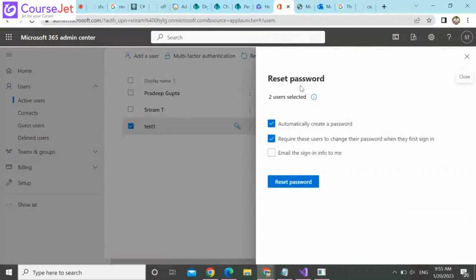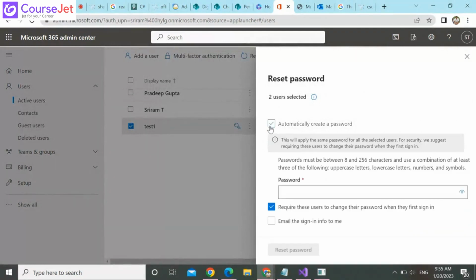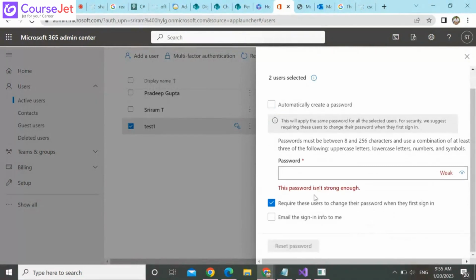Reset password. If you click on reset password, it will appear here only.